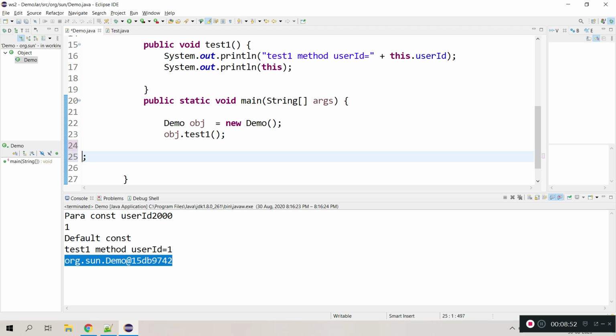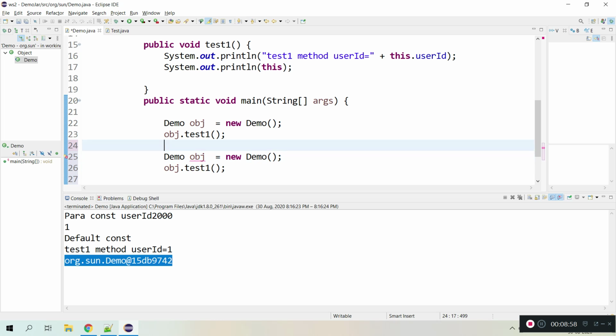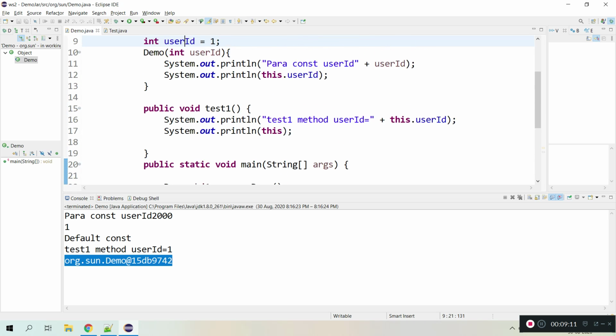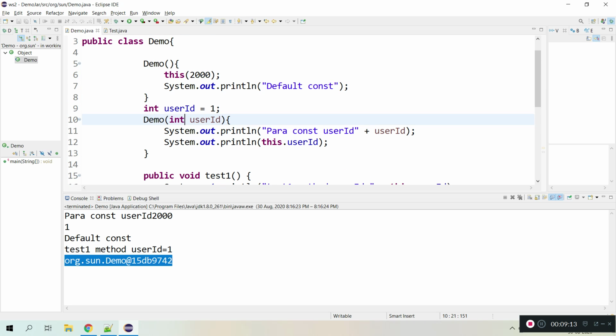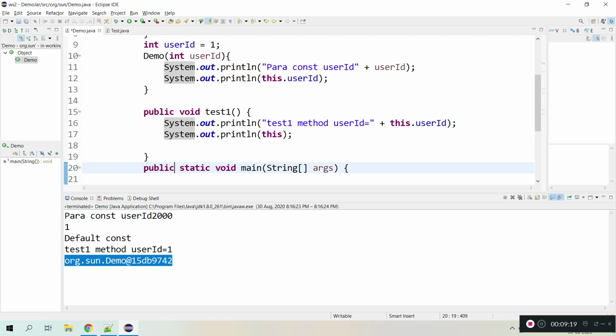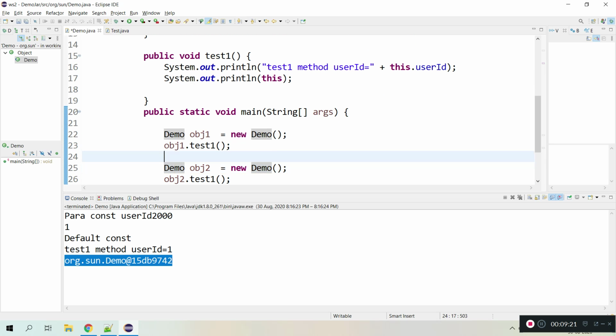Let me run the class one more time. I am creating one more instance, obj1 and obj2 as well. So there are two demo class objects, and I'm calling these methods. Let me remove the constructor chaining for the time being, and I created the default constructor.